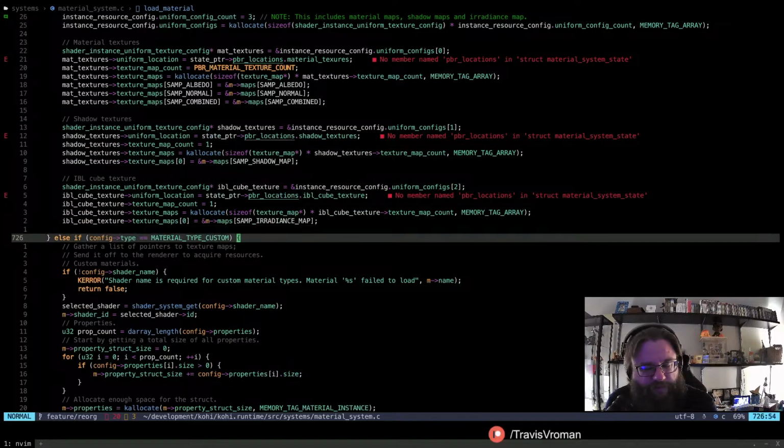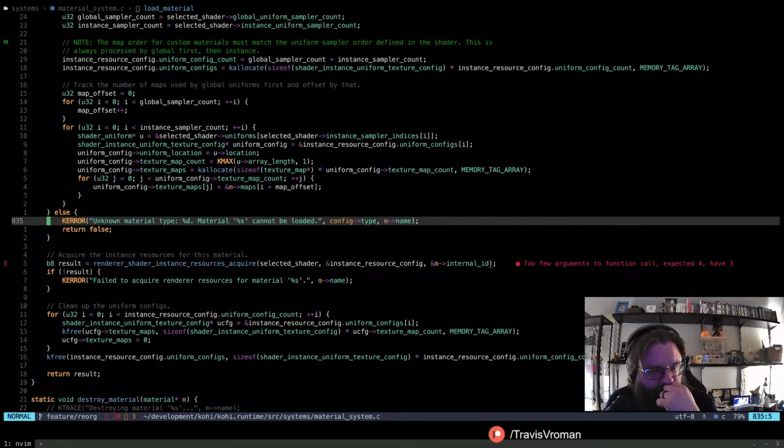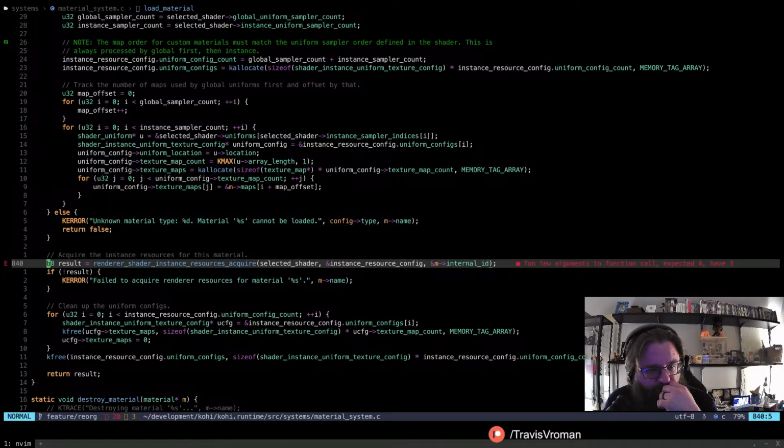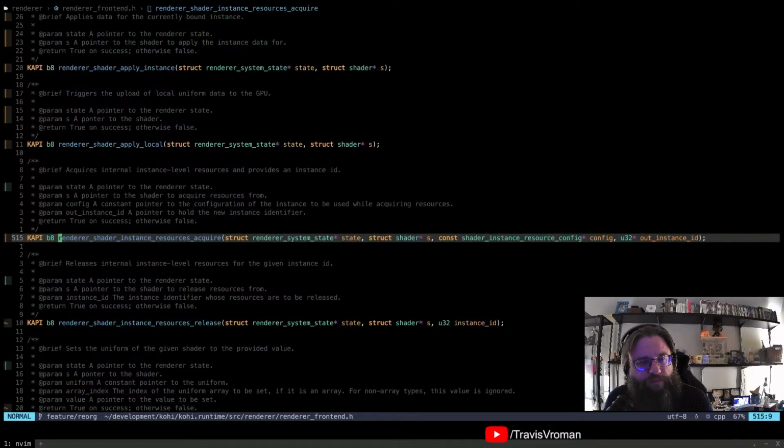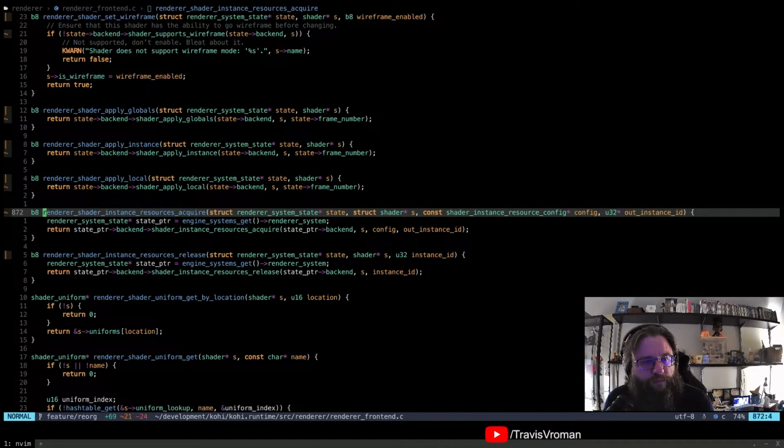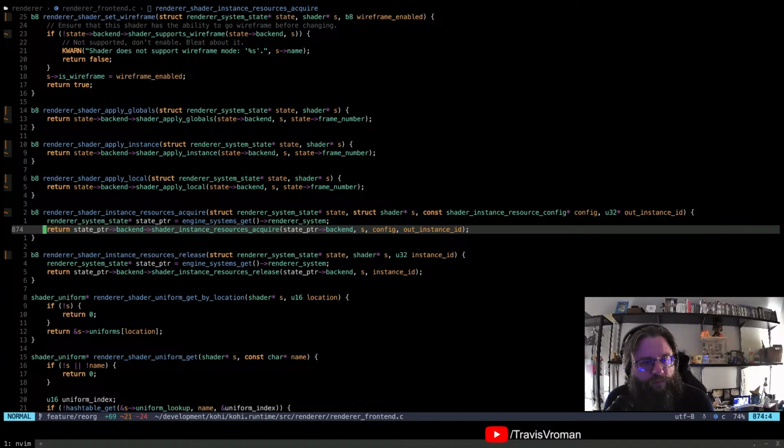So let's skip down to after this one. Okay, so let's take a look at this function. Okay, that's just a pass-through to the renderer back end. Shader instance resources acquire. So we pass through the shader.